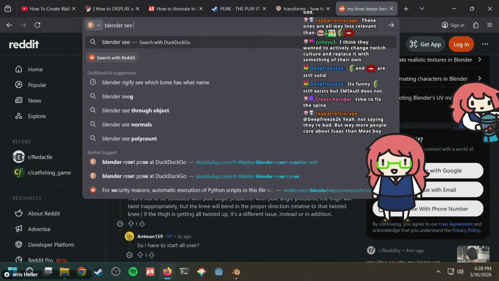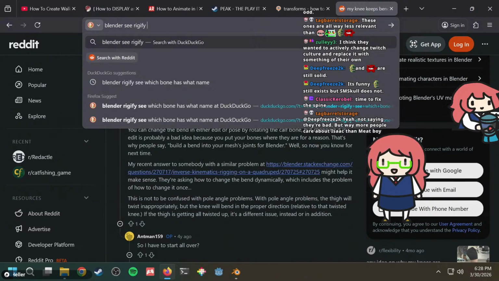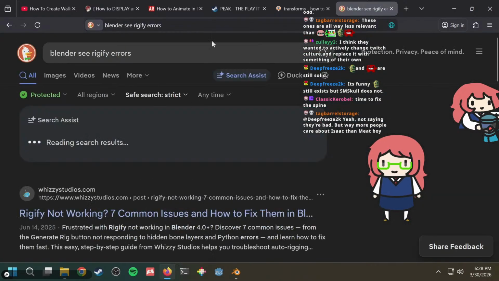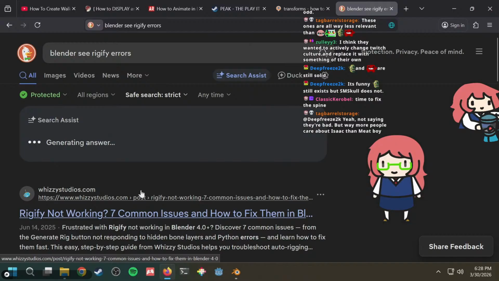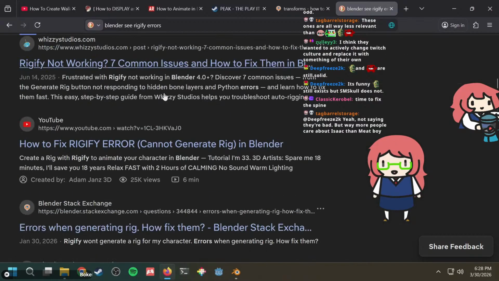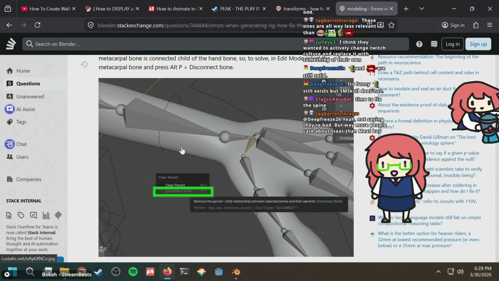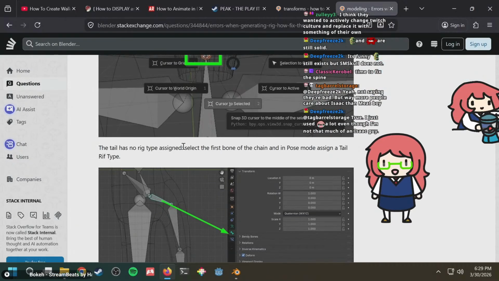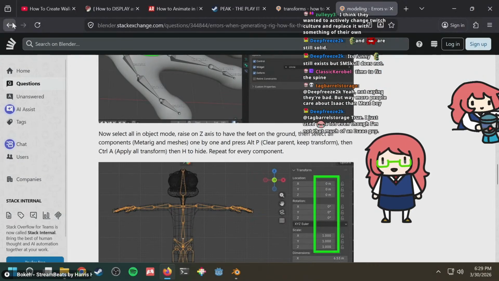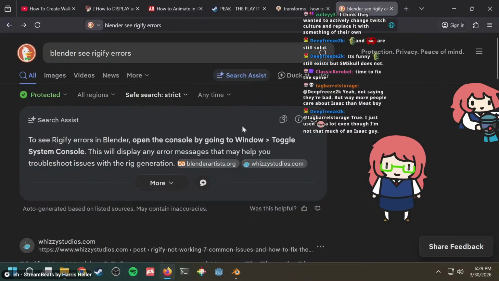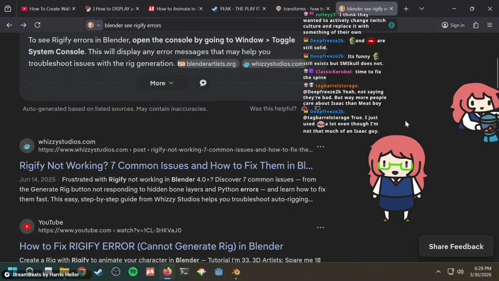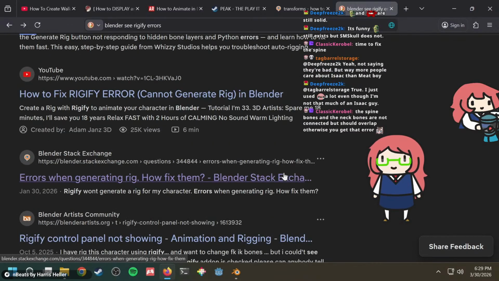Blender rig errors. Error log. How do you see the logs, guys? The Binding of Isaac.